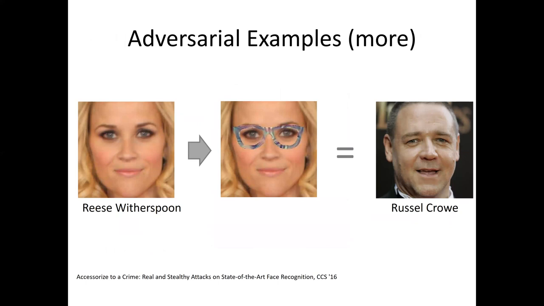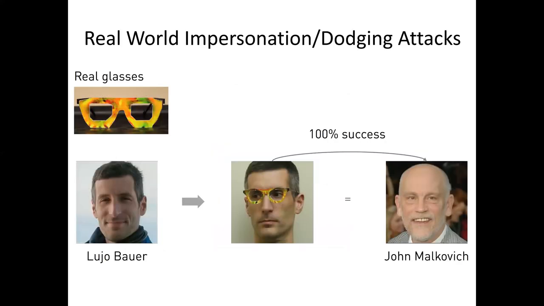Here is another example, which is more on the physical side. You have a picture on the left of Reese Witherspoon, and if you put glasses on that image, then the network misclassifies it to some other name, other actor. Similar examples with the glasses. If you have a person on the left, Lujo Bauer, and put some glasses on him, the network misclassifies him